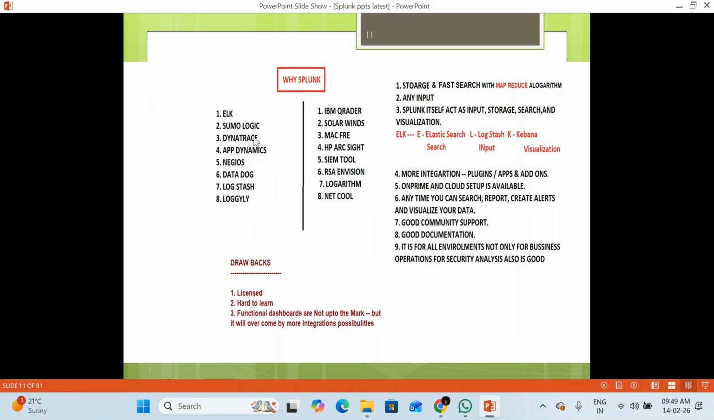Where did Splunk come from, what are the roots of Splunk, why is Splunk famous now, and why are other tools not competitors for Splunk? Everything we'll try to understand. Okay, in general,